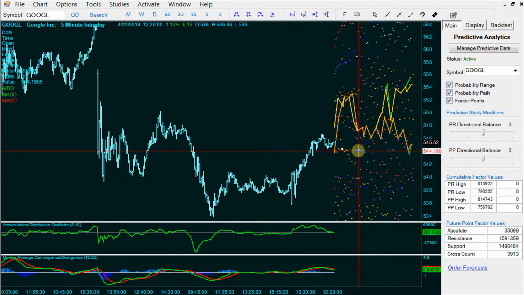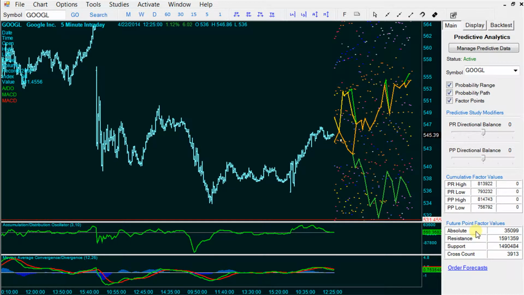If you click on it, you're going to see the point's properties. This particular point shows cross count of over 3,900. That means that the symmetry lines crossed at the particular points over 3,900 times. Each point is assigned absolute, resistance, and support factor values that are derived from symmetry channels that cross at a